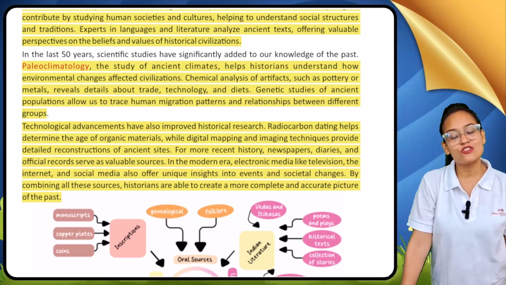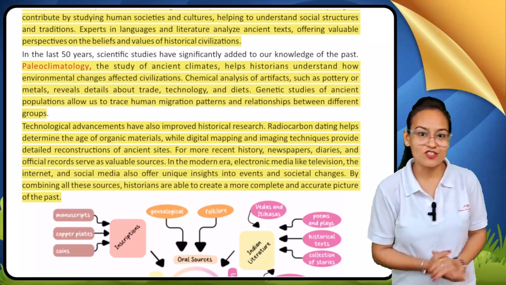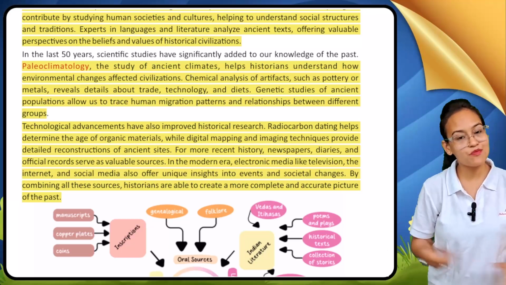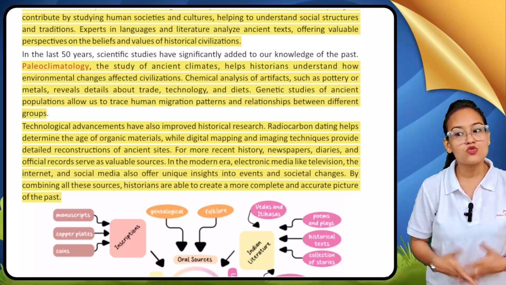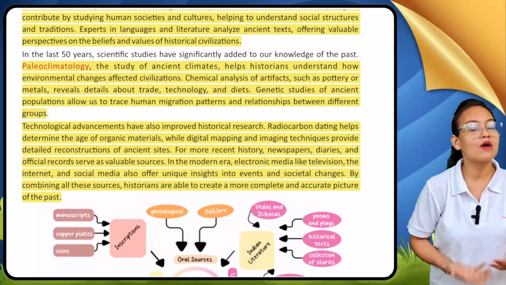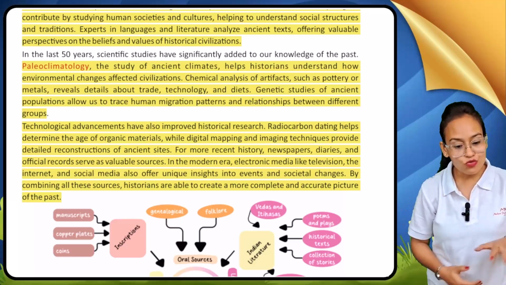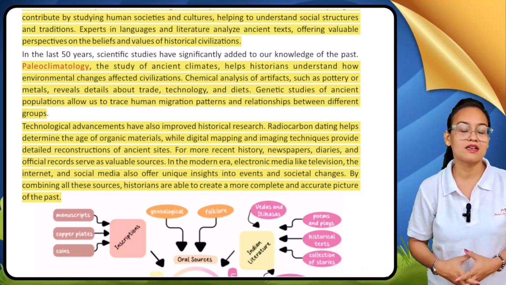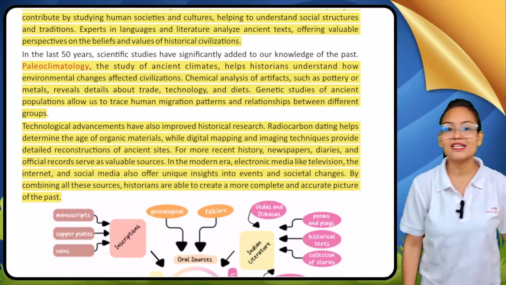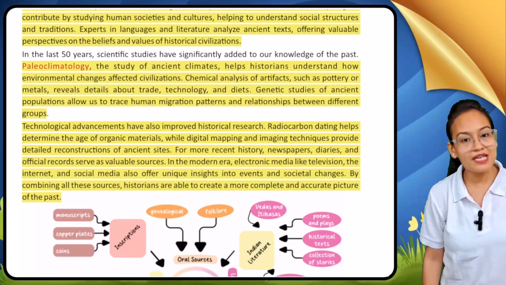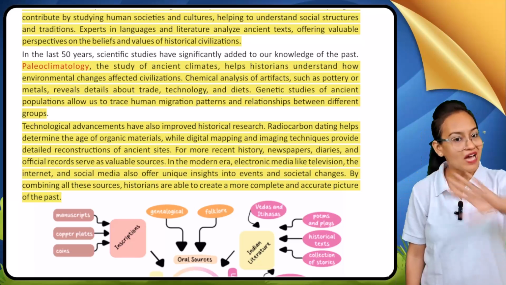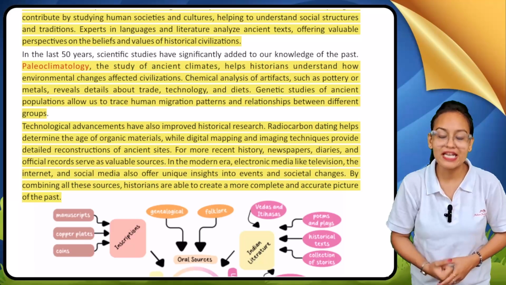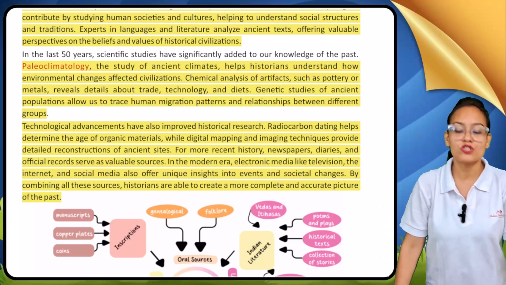A few minutes ago I told you that civilizations have vanished, but you know what, we can see the remnants of civilizations all over the world. So how can we study those remnants? Through the help of technological advancement. With the help of this technological development, those ancient sites are reconstructed. It means those ancient sites which have vanished, we can now reconstruct them. And with the help of radiocarbon dating, we can gather more and more information about them.